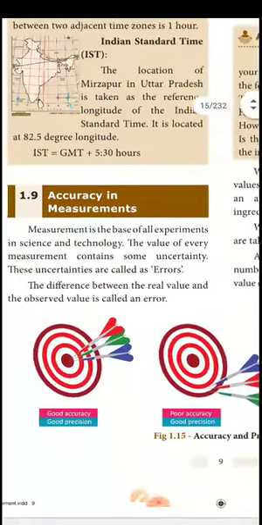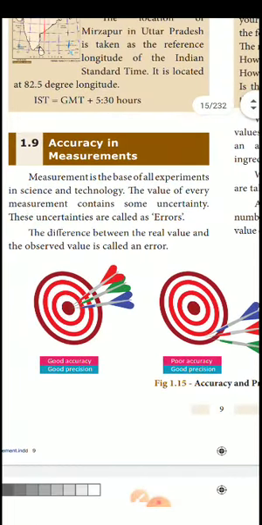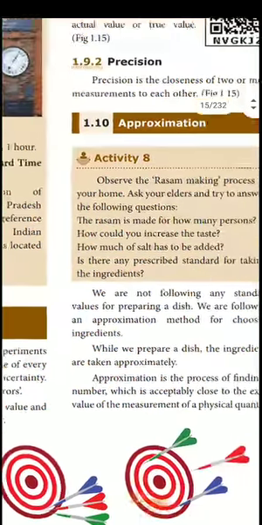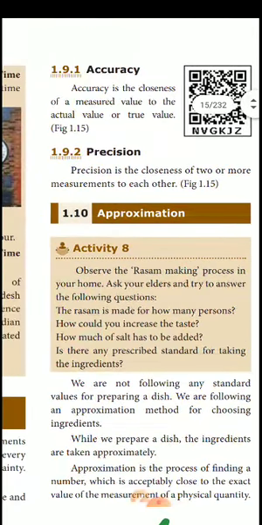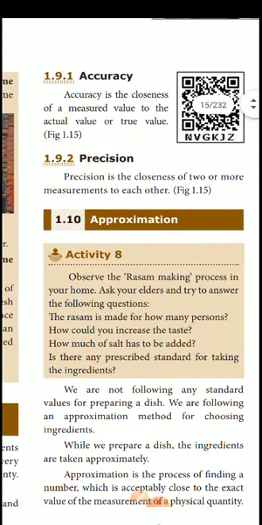So next, accuracy in measurement. Measurement based on experiment in science and technology, we can call accuracy. Some other mistake that certainly happens, we call that an error. So accuracy is the closeness of the measured value to the actual value. If we do an experiment one or two times, somebody gets 7.9, somebody gets 7.3, and based on that we get the accurate value. So two or more measurements are compared to each other.